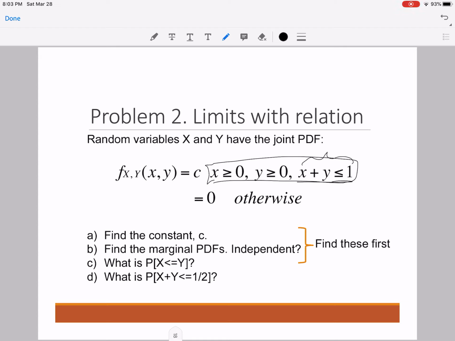So for this problem, I'll solve part A, finding the constant C, and I'm going to solve part C for you: what is the probability that X is less than or equal to Y? Parts B and D are your in-class problems